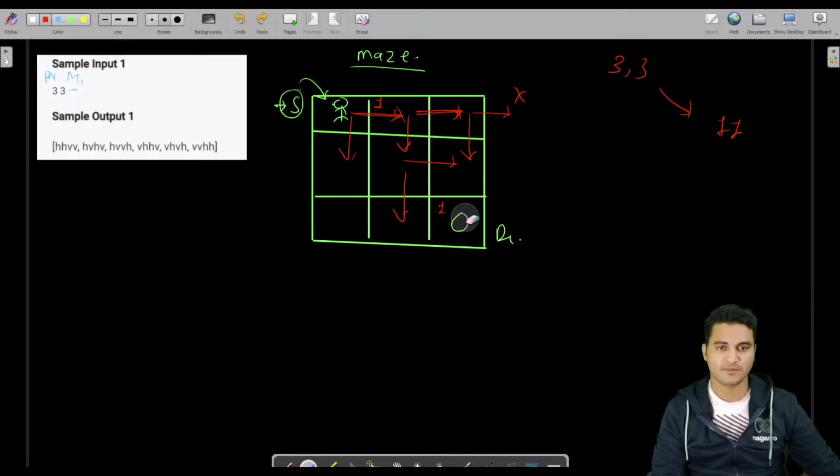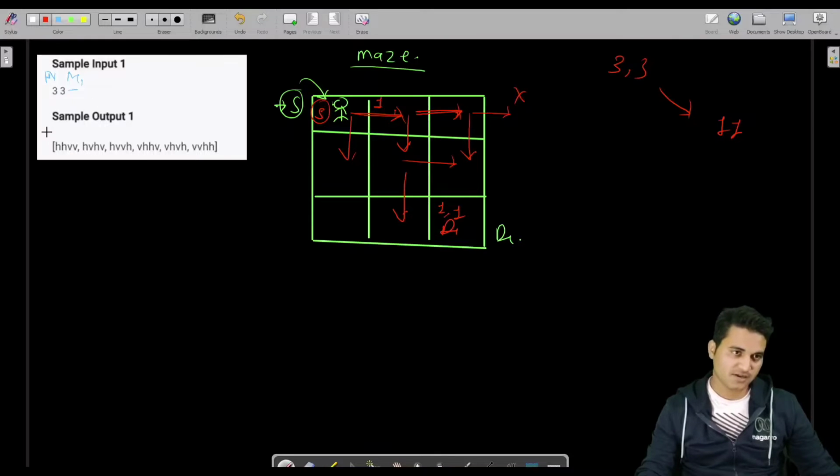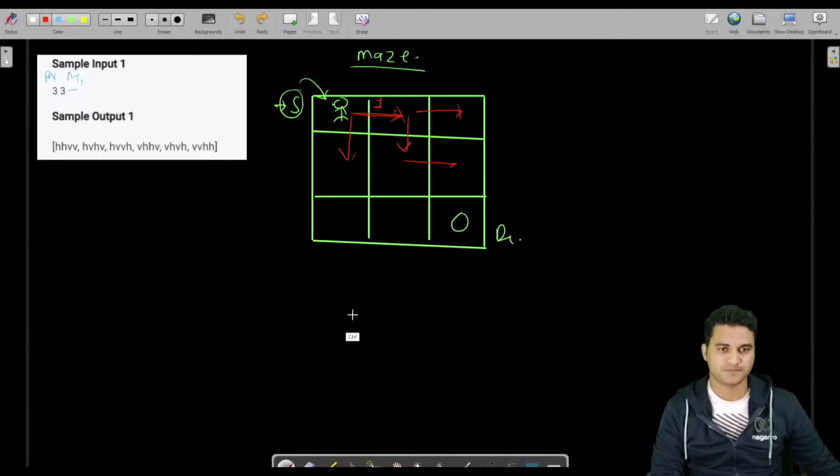Let me correct it. This is our destination, and this is our source. So this is the answer for 3, 3. That means, let us see what the ways are.